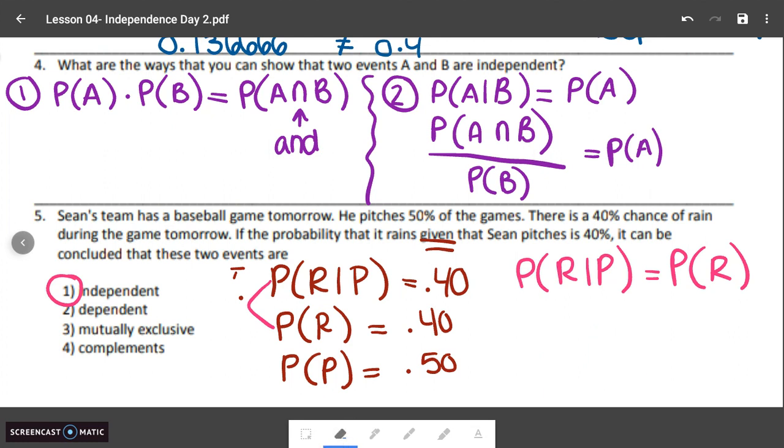And complements add up to 1. So if we had like a 0.4 and a 0.6, those, but also the complements, remember, they also don't have anything that overlaps, because a complement, it would be Sean pitches,